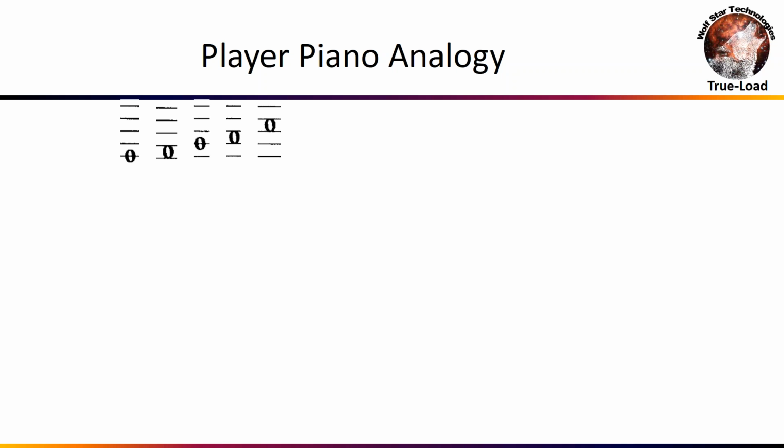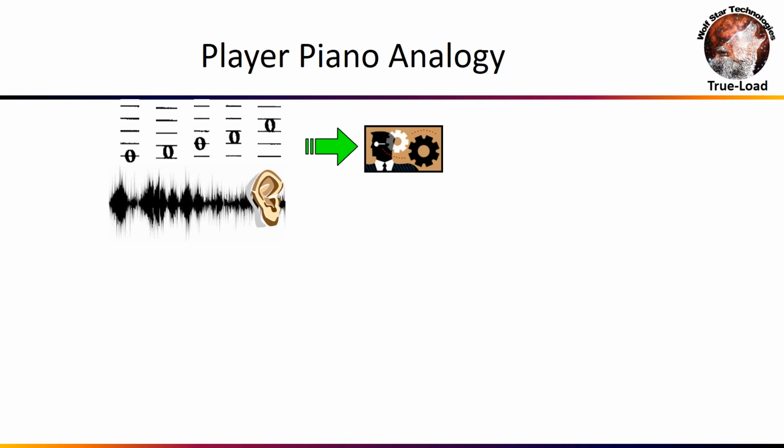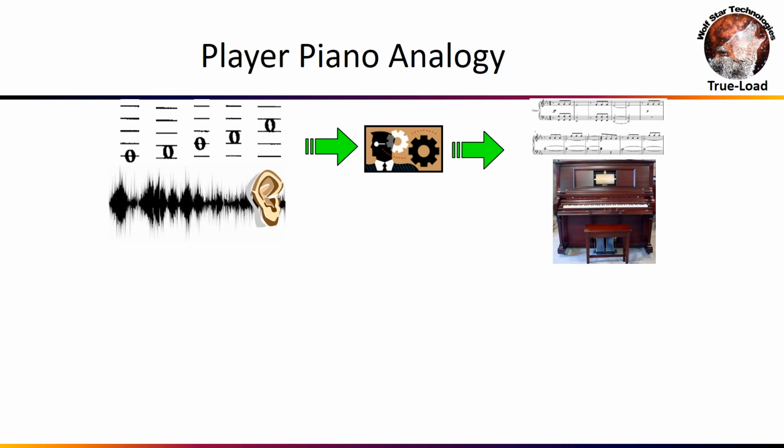I'm going to call that mapping between a key press and a sound a loading degree of freedom. I'm going to build a matrix of loading degrees of freedom for every key on the keyboard. Then we listen to an analog music, or we record the analog music with a precision recording device like our ear. Then we project that analog signal of sound onto these loading degrees of freedom, or, as a normal person would say, transcribing it into sheet music. Once we've got the sheet music, we can reproduce that into a player piano roll to reproduce the music. So this is what TrueLoad is essentially doing.